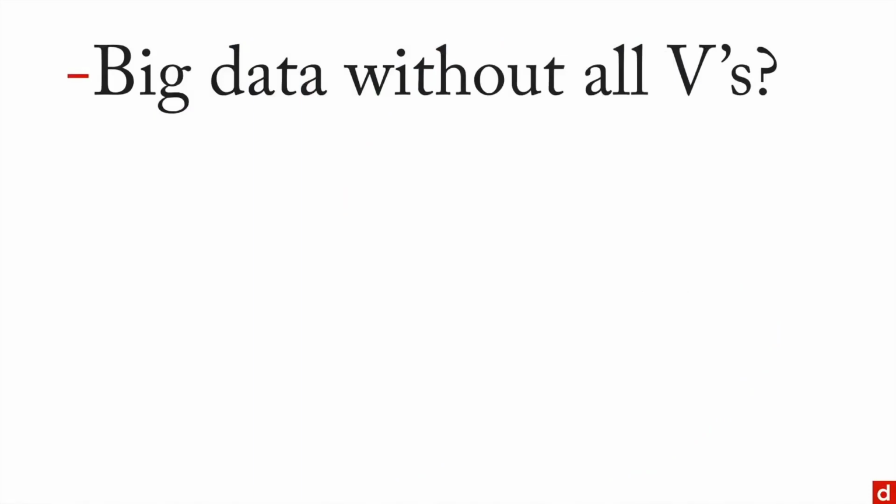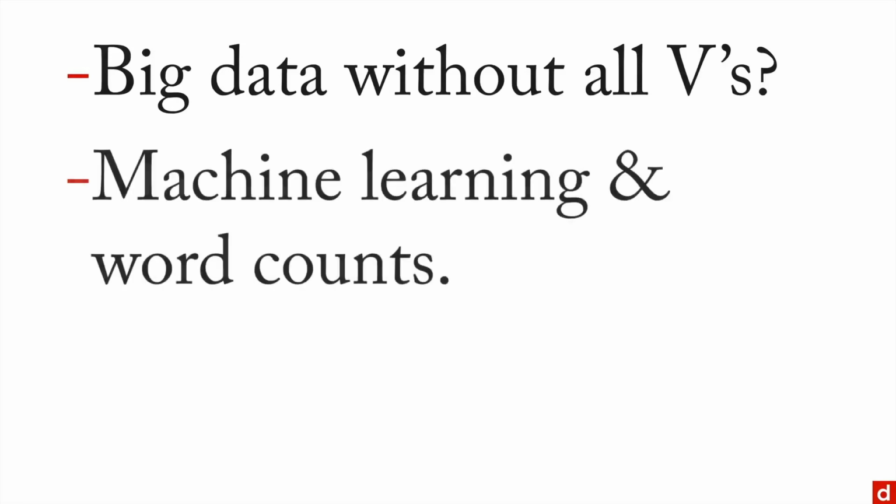Now, truthfully, this only works if you have big data without all 3 V's. Some say you have to have the volume, velocity, and variety for it to count as big data. I basically say anything that doesn't fit into a standard machine is probably big data. I can think of a couple of examples here of things that might count as big data, but maybe don't count as data science. Machine learning, where you can have very large data sets and probably very complex, doesn't require much domain expertise, so that may not be data science.